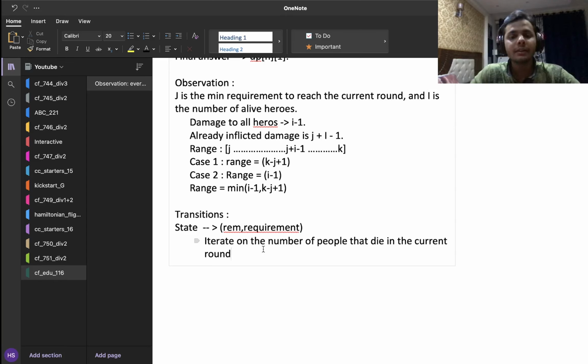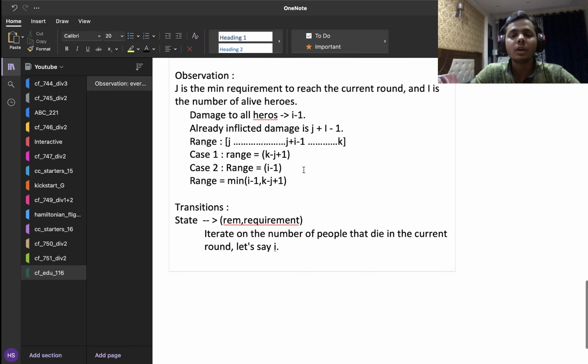So I'm going to iterate on the number of people that die in the current round. Let's say I people die in the current round, right? So if I people are dying in the current round, first of all I'll have to choose I people. I have rem amount of people, and from them I'm going to choose I people who are going to die. And once they die, I obviously have this range, and that means the persons that die can take any value as long as they are in this particular range.